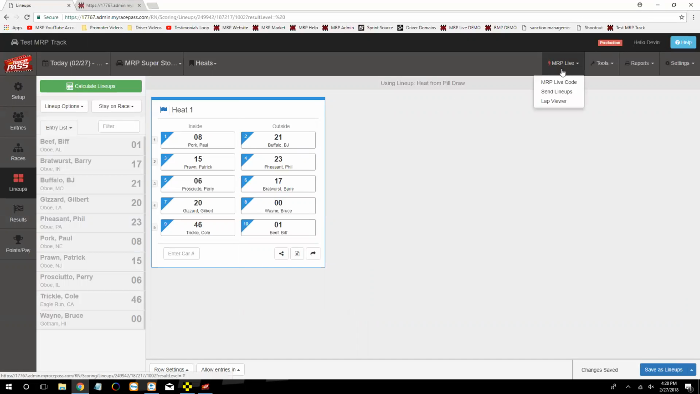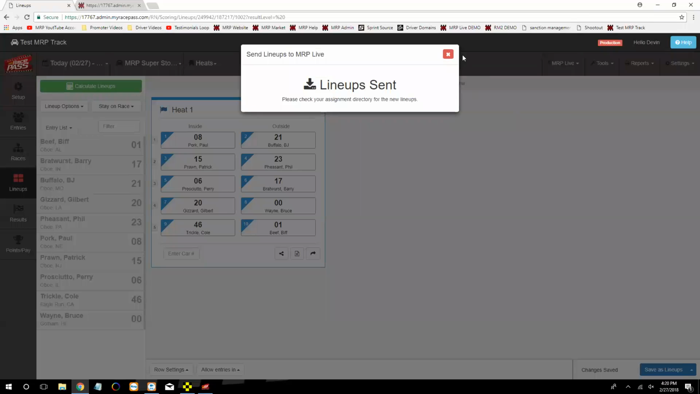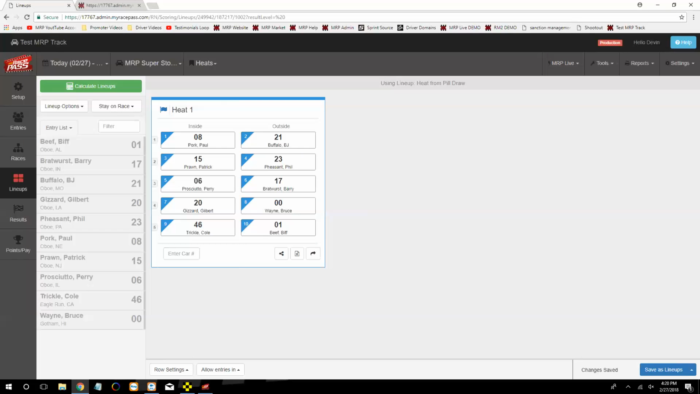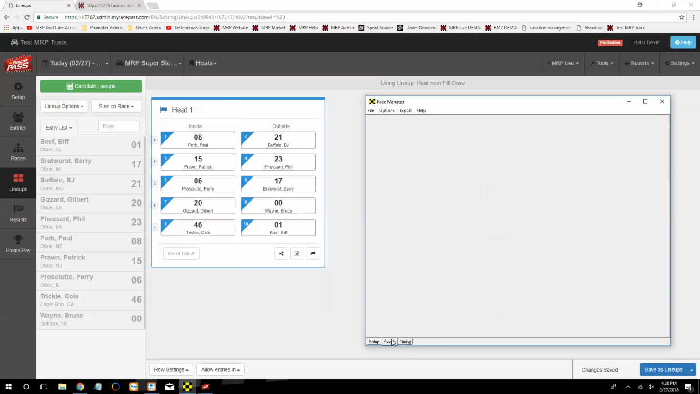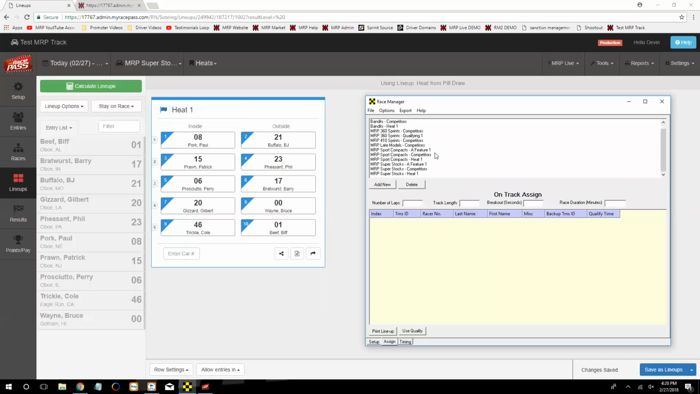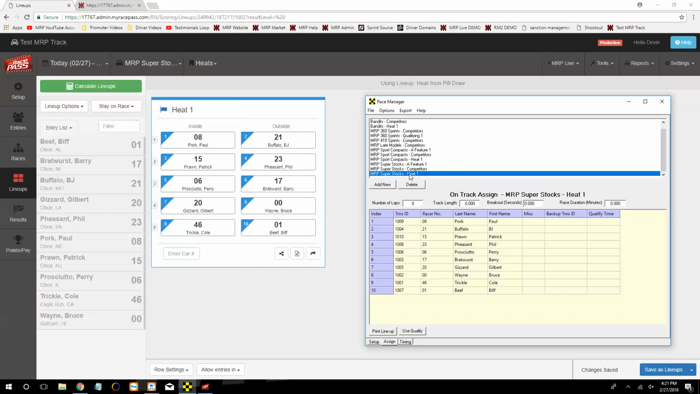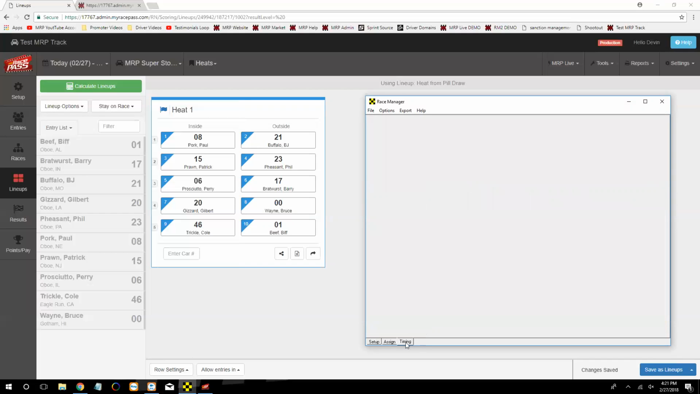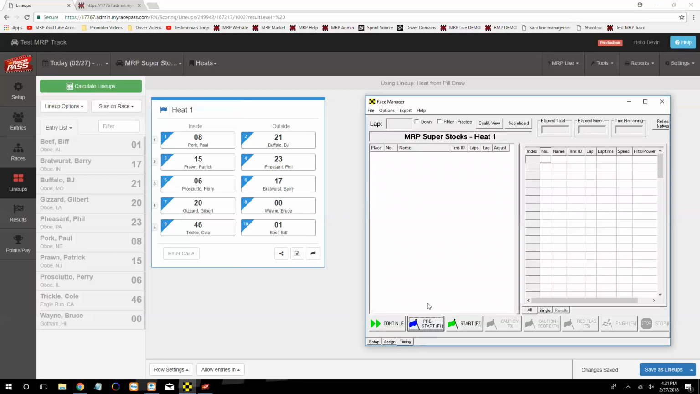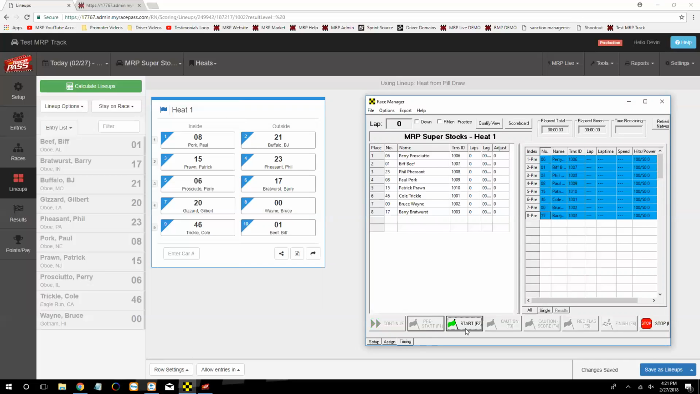So what we're going to do, we're going to go to here, we're going to send our lineups over. It's going to say, hey, it sent it. So we're going to go to our transponder system. We want to find everything here. So we're going to be working in our Superstock class, this heat 1 here. Go into that timing and run the race. So when the flag drops here,